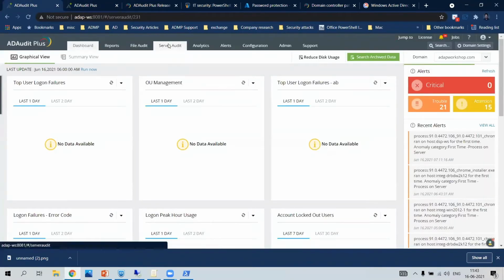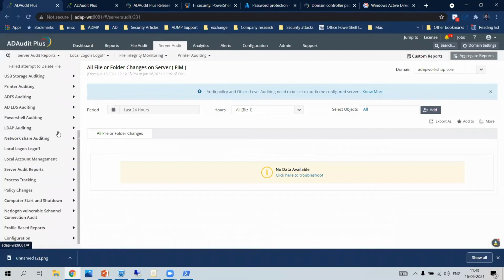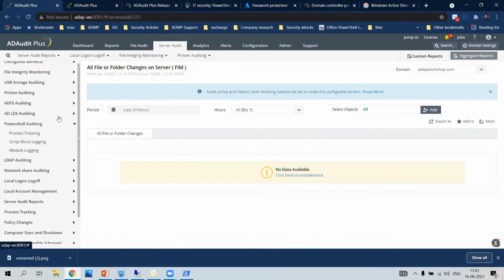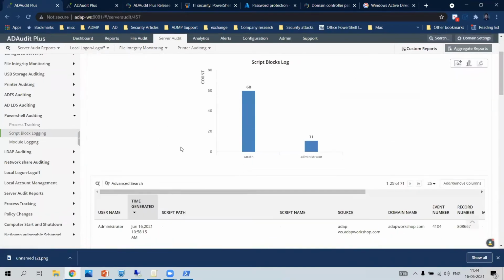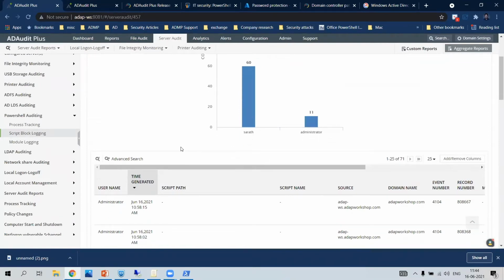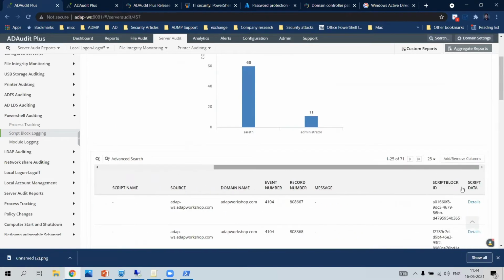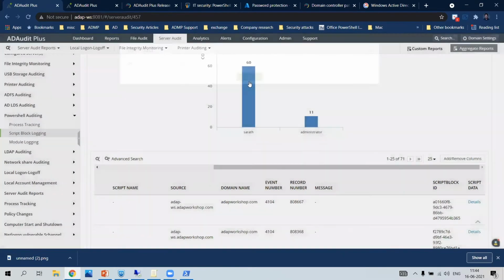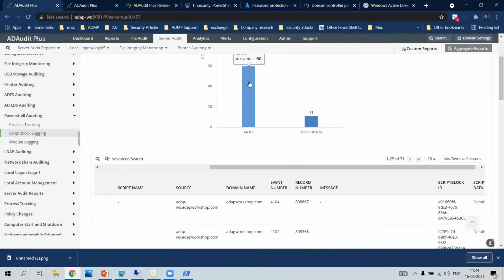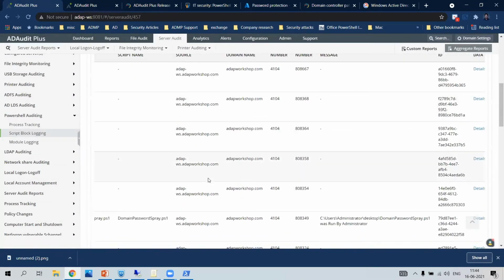If I head into ADAudit Plus, we've got something inside server audit. We've got something called PowerShell auditing right here, right? And here you go. We've got something called script block logging at first. So what is script block logging? Script block logging basically logs the entire code block or a function block within a script, right? So for example, if I click on details, now this is just a part of a script, but if there is a function used within a script, script block logging basically records that entire code block,